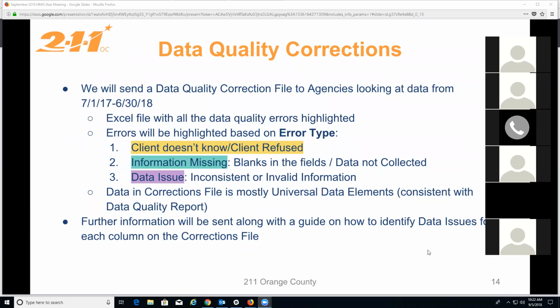Another thing that I want to point out is that the data that will be included in this correction file is going to be consistent with the data quality report. So basically, we're going to be looking at the same data elements, which for the most part are the universal data elements. So expect an email from us with important, detailed information about how to read and understand that file, and we are also going to send you a guide